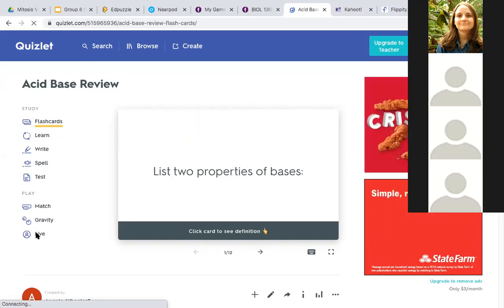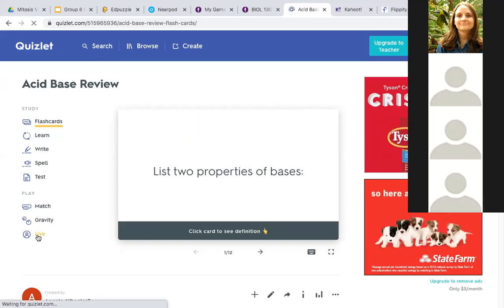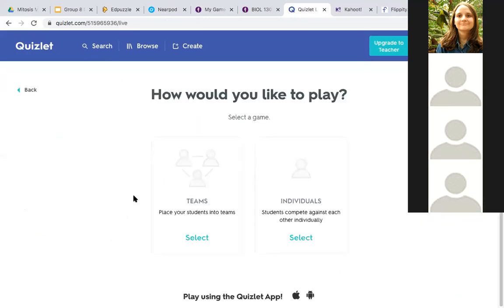If you click right here, once you have all your questions and answers loaded on these flashcards, I clicked live and I put them in teams. What happens when you play this in teams is everyone in their team gets one of those questions in a random order. They all have the same question at the top, but only one of them has the right answer on their screen. So they have to talk and work together to figure out who has the right answer. And they kind of liked that.